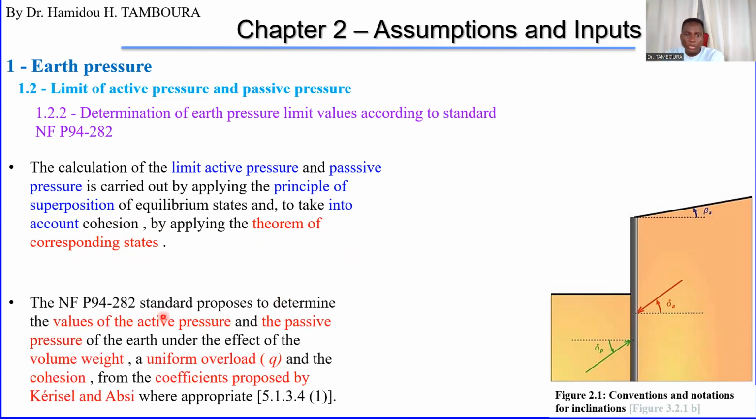So this French standard, which is the application of Eurocode 7 in France, proposed to determine the value of the active pressure and the passive pressure of the earth under the effect of volume, actually unit weight, uniform overload, this is the charge. For example, we can have a charge here, loading the overload, and the cohesion, if the soil is cohesive, okay,